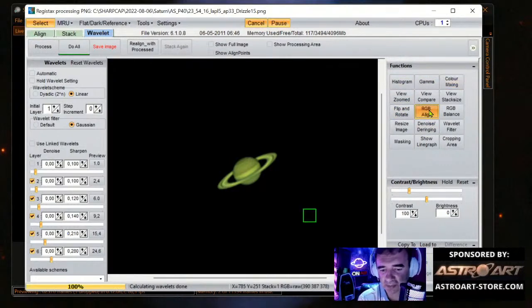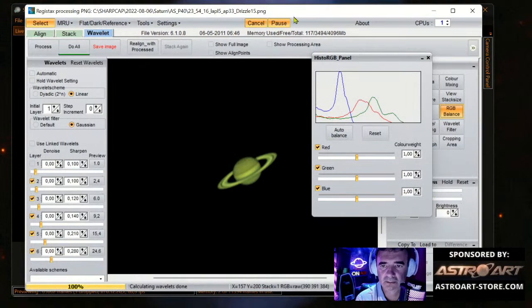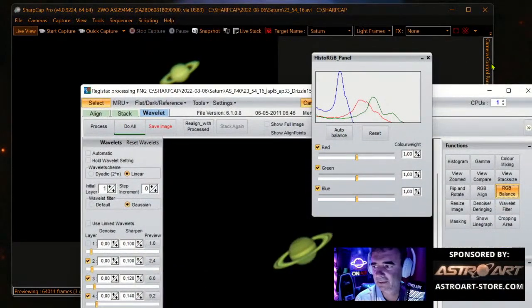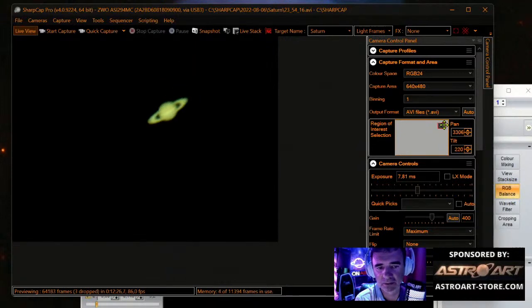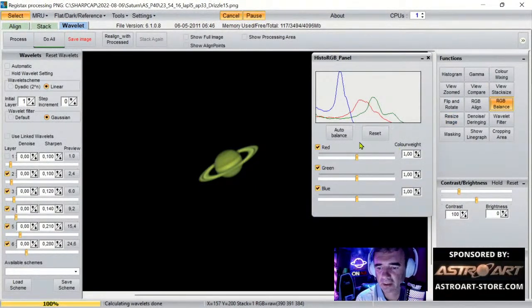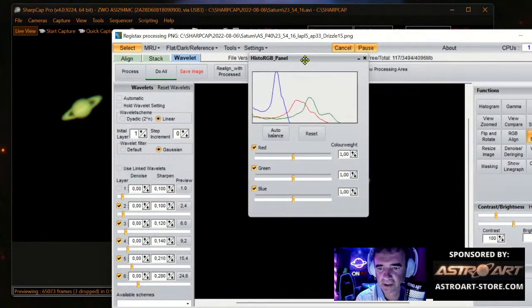Here I use the RGB align. I don't need the RGB align. I use the RGB Balance, I think. Where is it? It's in the other screen. Where is it? Is it there? Hold on. I want to... Oh, I have no more space. Okay. I want to see the real image also.